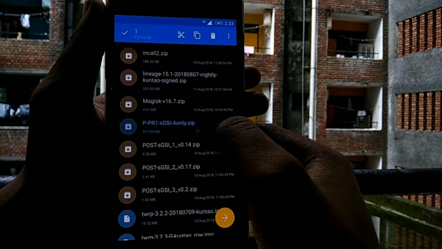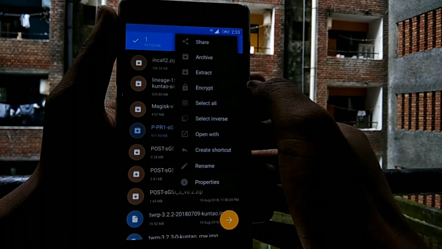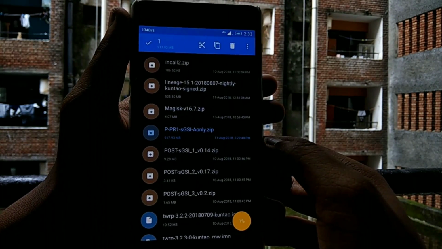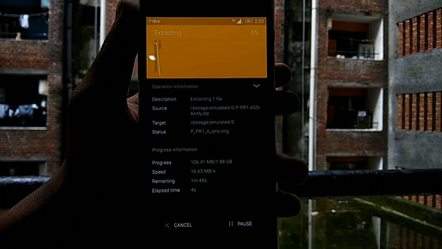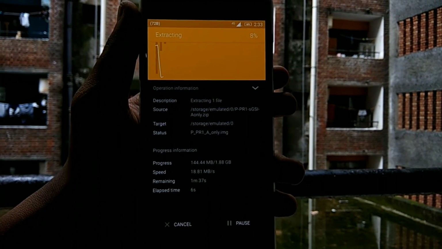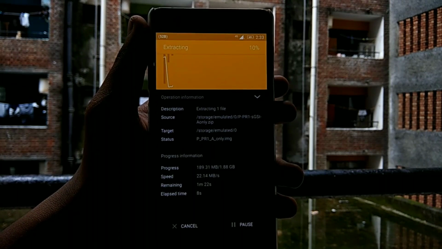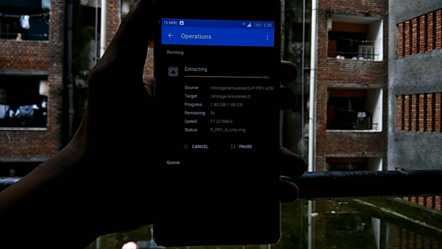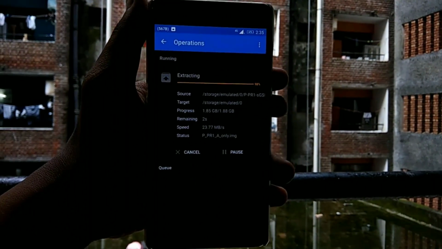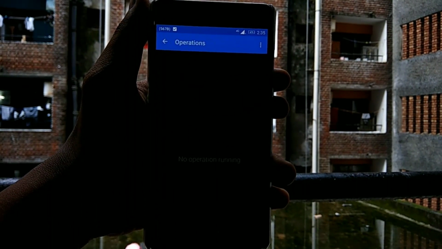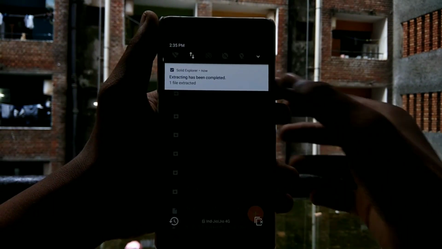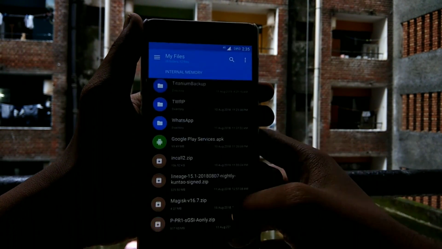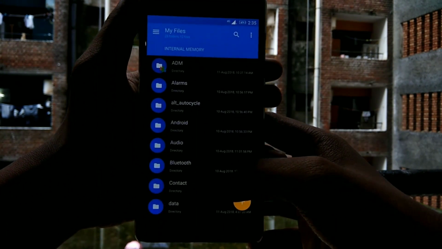First, choose PPR1 SGSI A only zip and extract the zip file. It may take a few minutes for extraction. The size of the file is approximately 1.8 GB. After extraction is completed, just refresh your file manager once.